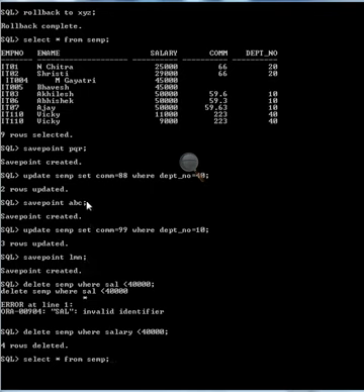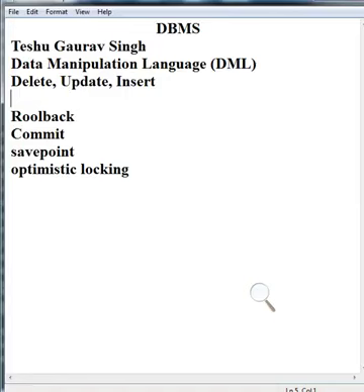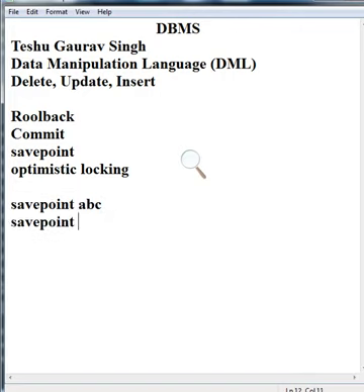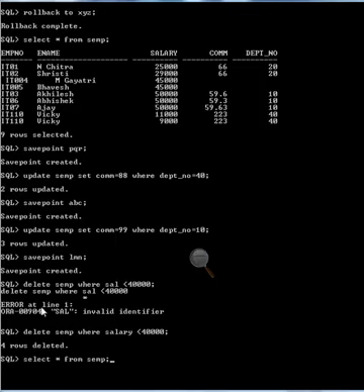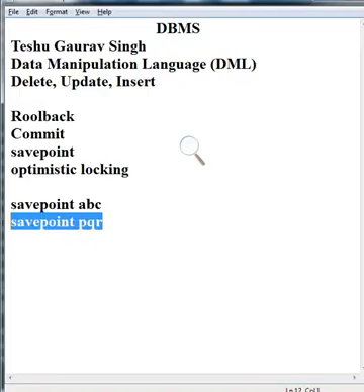Let's write that in our notepad so that we can recall it: first we gave save point PQR, then ABC, then LMN.